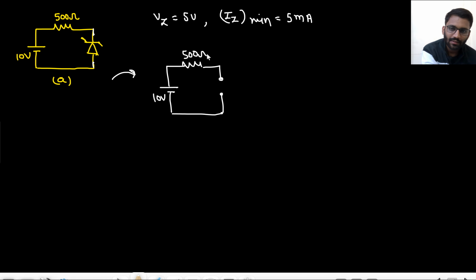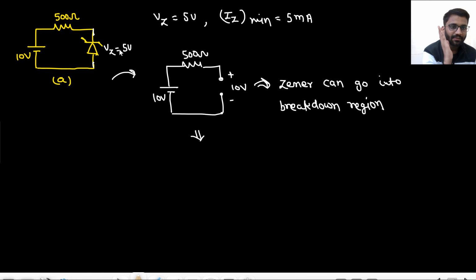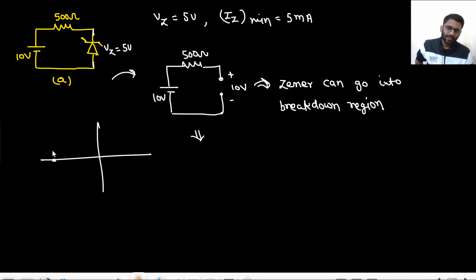So what do I see? I see that I am having 10 volt voltage drop from N to P, and my Vz is 5 volt. So it can go into breakdown region. Okay, so Zener can go into breakdown region, right? So the maximum potential it can have is 5 volt. What you are doing, you are applying a reverse bias voltage of 10 volt. You applied a reverse bias voltage of 10 volt, but this voltage you have applied in negative direction,